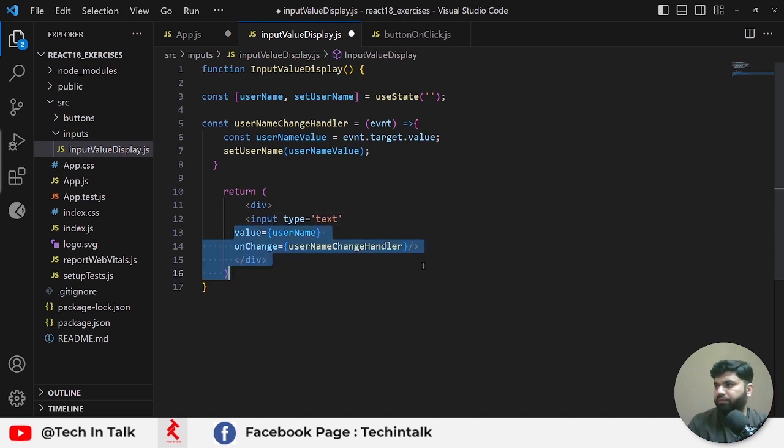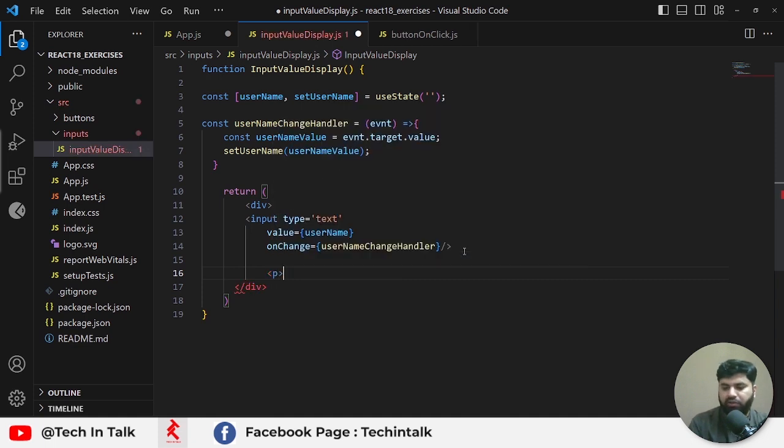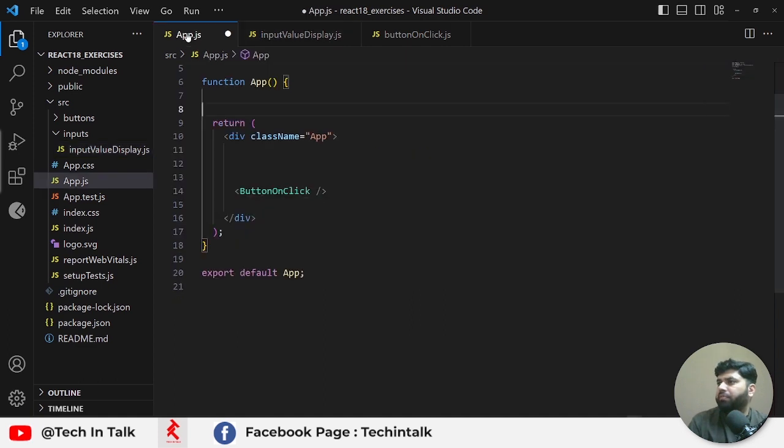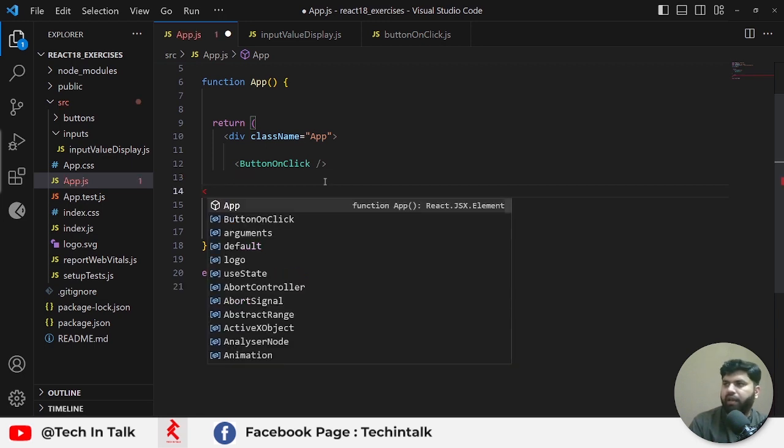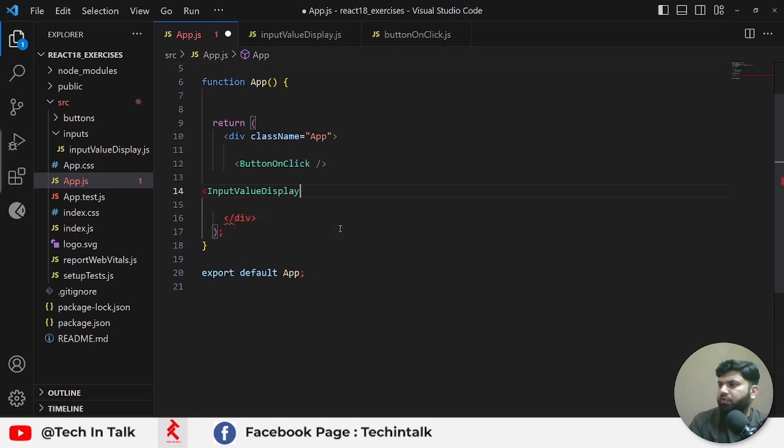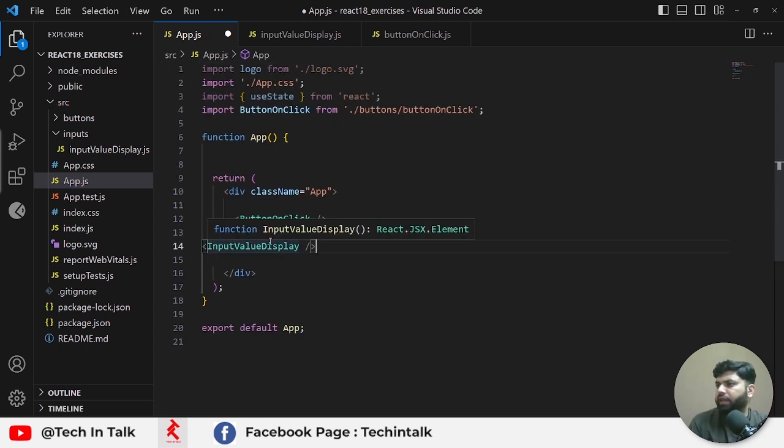Okay, and at the end I would like to show the input value in another element. For that one I would use a paragraph, and I can use username just to make sure that we are able to see the changed value. And if I go back here, because that was our first video, that should come first, and after that I can add here that input value display, and that should be coming from